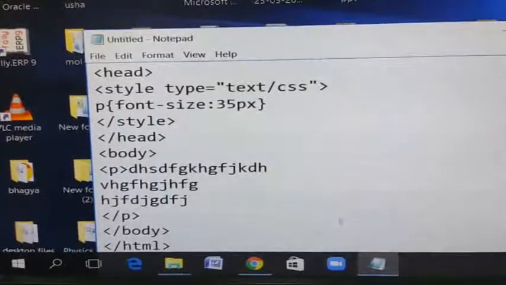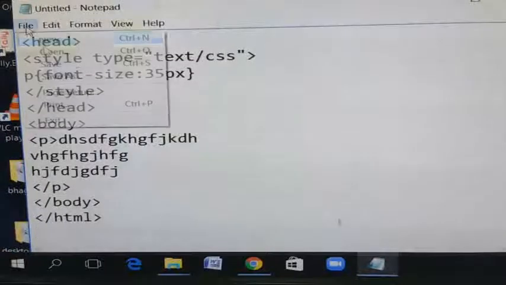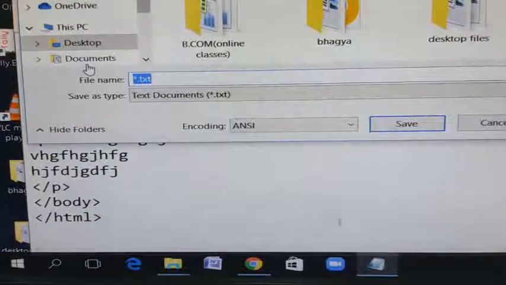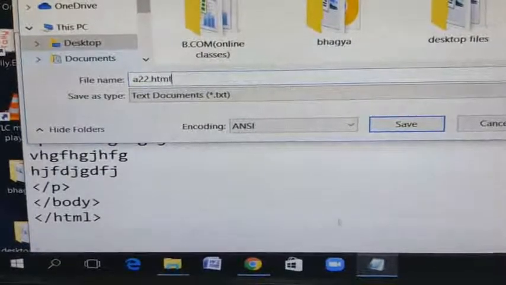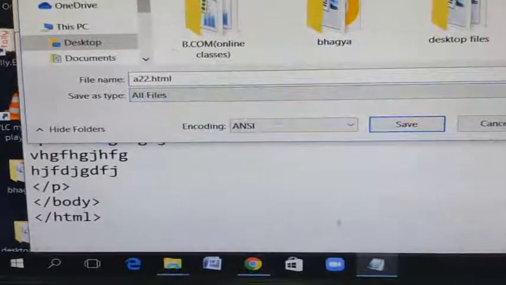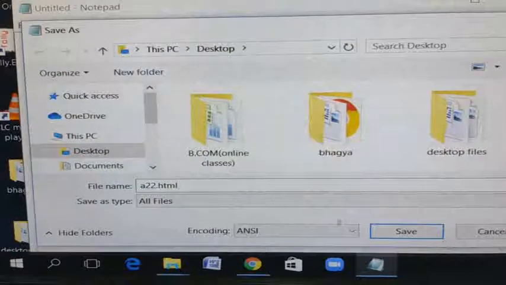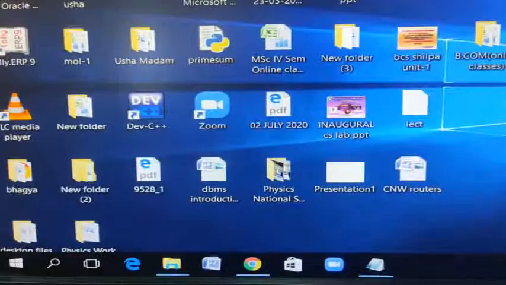Now save this file, save as example. I am giving a22.html. Here I am making it as all files. Location by default, here you can see the location is desktop. Next, save. So here in the browser, you can see the file a22.